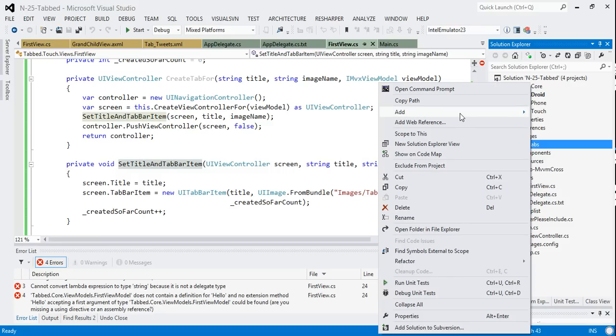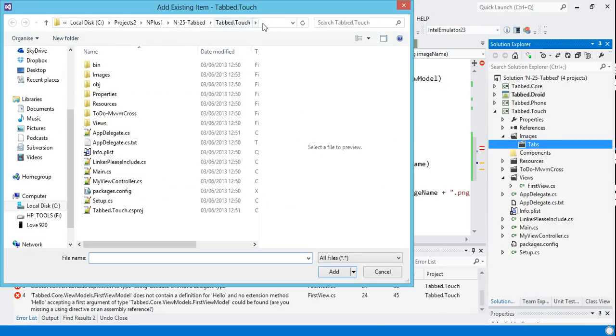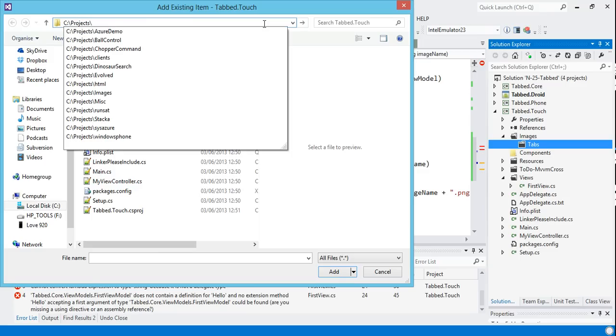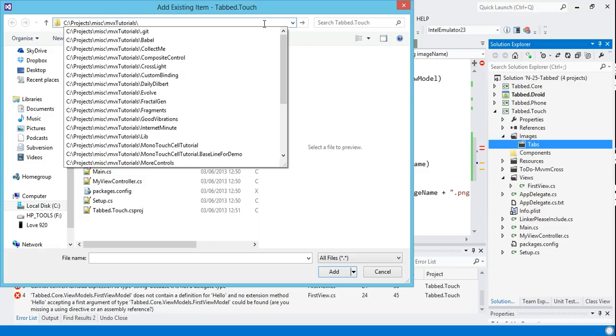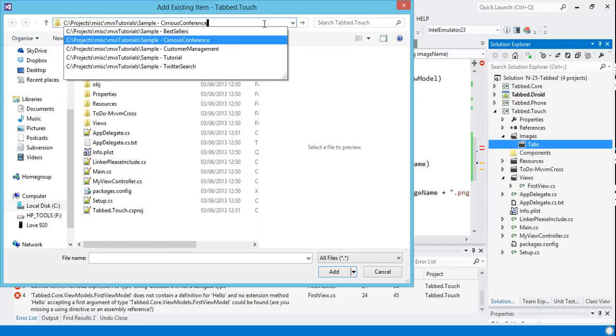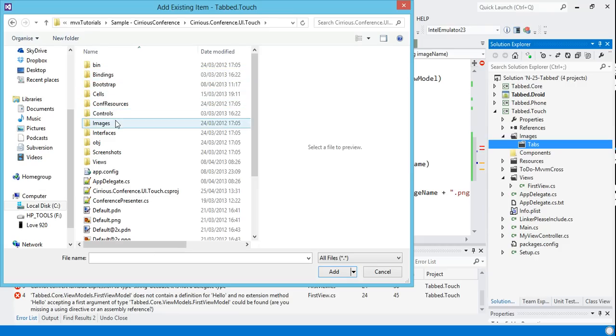And then within that, what I'll do is I'll add some existing items. So if I'm lucky, no I'm not, it'll have gone to a new place. So let's go again to the conference sample. And what I'll do is misc/mvxtutorials/sample conference. And then I'm not sure if I linked these or not, so let's just see if they're just